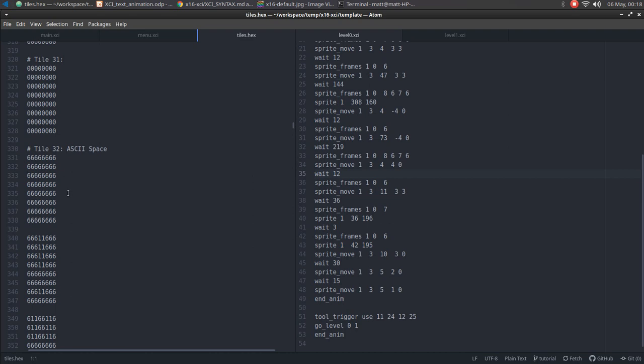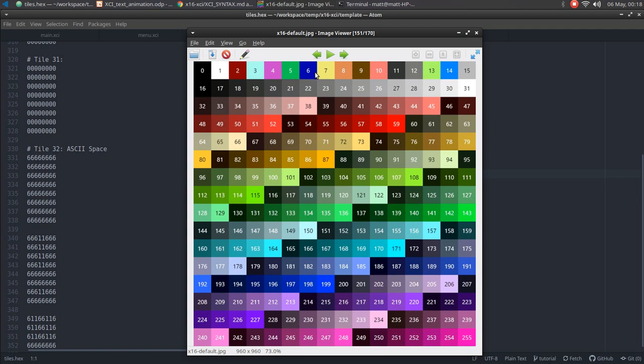And you'll see here that for the text characters, the background is always using color index 6. Well, what is it? Let's look at our palette here. Now the template by default uses this default X16 palette, and X16 being a 16 color, XCI being a 16 color system, we don't use the 256 color mode. We use a 16 color mode, but you can use different palette offsets. But for the text, you are stuck with the colors that are in this first palette offset that you define,